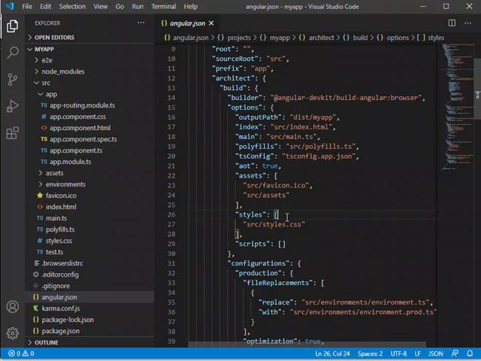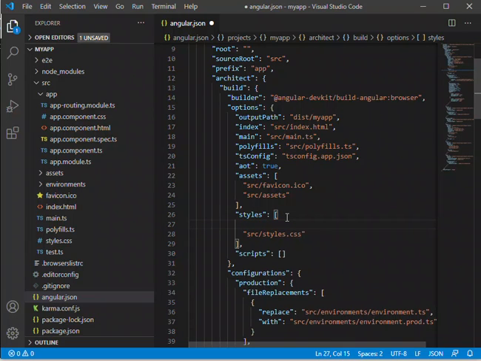Then you include Bootstrap before your styles.css. Take note, it is before, not after, the styles.css, because we want Bootstrap to be overwritten by whatever styles we have in the styles.css.